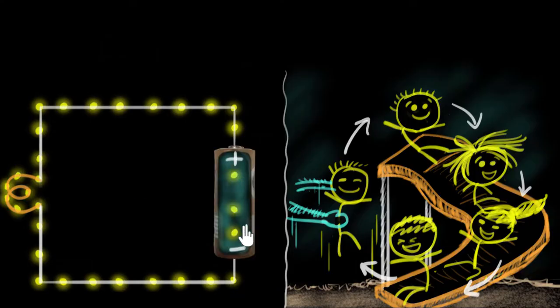So of course, there are charges inside a battery as well. But what's important is that one side of the battery is positive, the other side is negative. That starts pushing these electrons. Now, for simplicity, what we will do is we'll assume that these are not negative electrons, but we'll assume them to be some kind of positive charge. The only reason being, the direction of the current is the direction in which positive charges move. That's how we chose the convention, isn't it? So thinking in terms of electrons might be slightly annoying. So we can focus more on the concept over here easily if we just assume that these are positive charges,